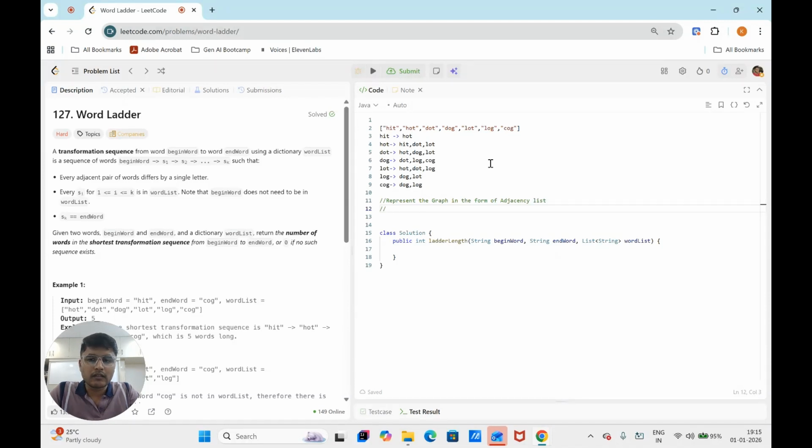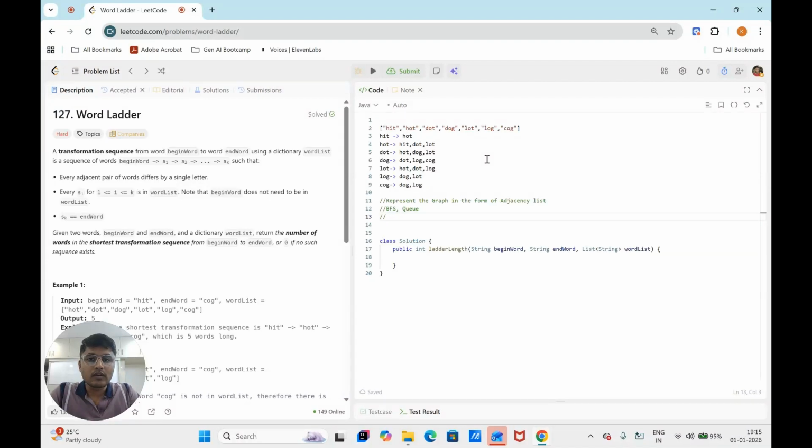For each and every word we got the adjacency list, which means we can go through either DFS or BFS. We can do BFS, and definitely we use a queue as a data structure to store the data. And we need to find out, while traversing through each and every word in the dictionary,